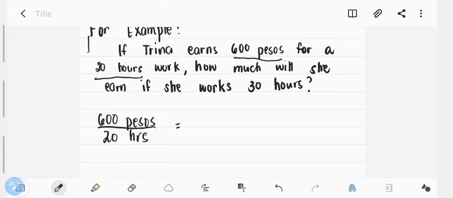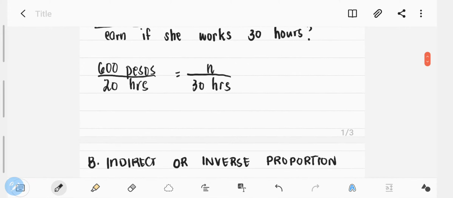Then the missing value is how much, so let's label that as N, over 30 hours. And then we will cross multiply, right? So, 600 times 30, that is